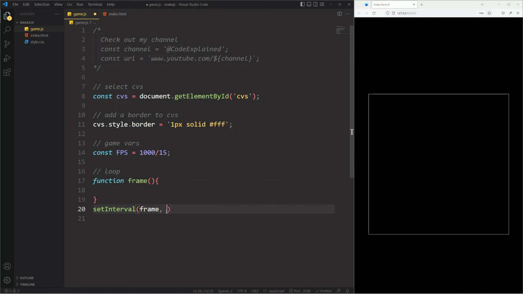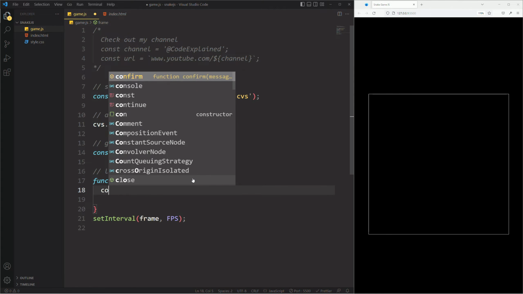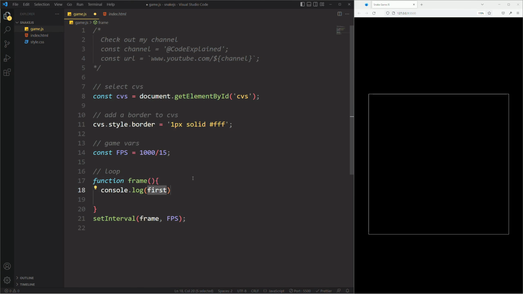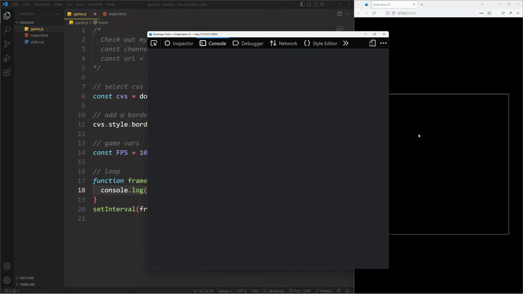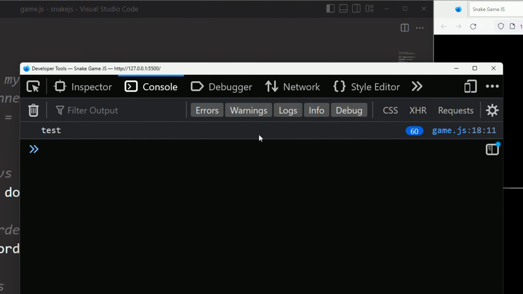my setInterval function. Then I want to give it some time, which is our FPS here. So how many times do you want to call frame? I want to call frame every 1000 divided by 15 milliseconds, which means 15 times per 1 second. So I'm going here now to just console log test, and then if I open the console, you can see now the test is being console logged